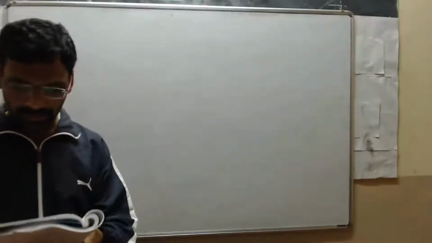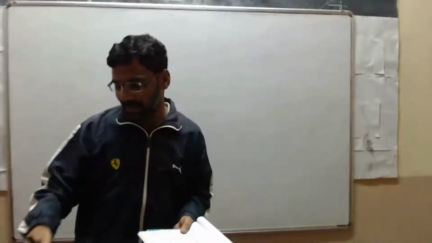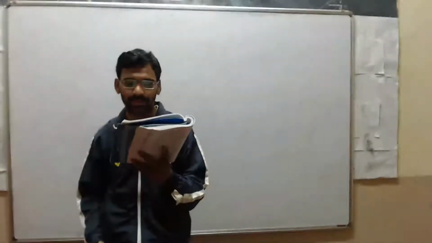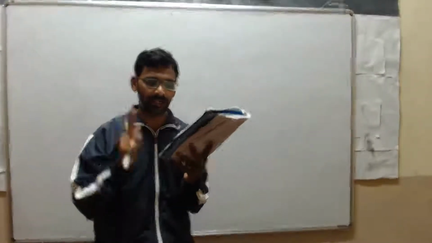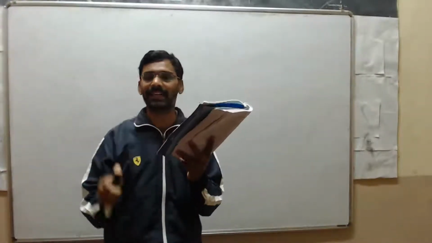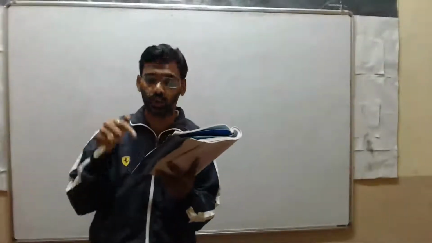Okay, next exercise 5.2, first problem. In an isosceles triangle, how many sides are equal? Two sides are equal. In isosceles triangle ABC, AB equals AC. The bisectors of angle B and angle C intersect each other at O. Join A to O. Show that: